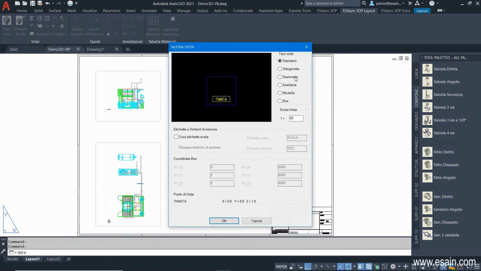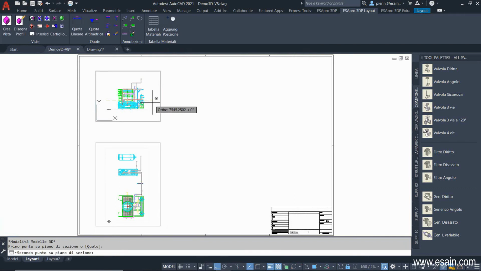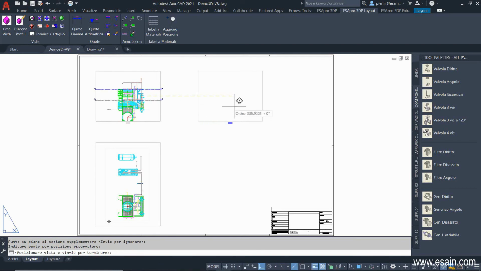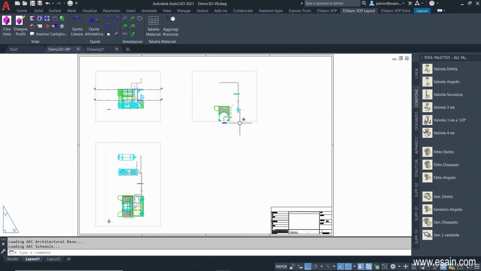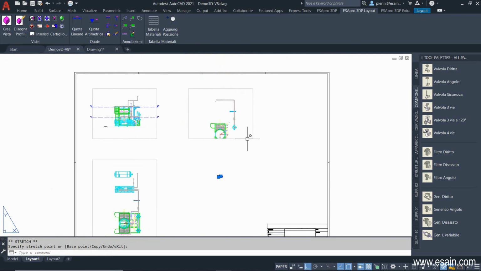As a third view, we will create a section view. A section view is created by starting from an existing view and specifying one or more section planes. We added 2 section planes, so we get back a plan view, which is a stratigraphy, or the objects below the plane A and above the plane B are hidden.